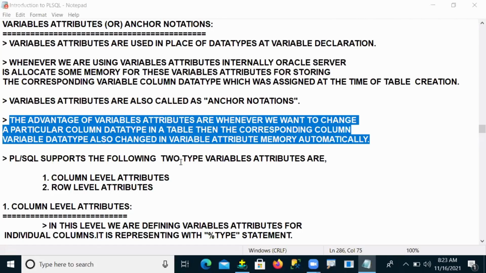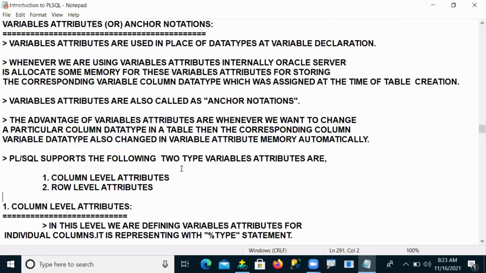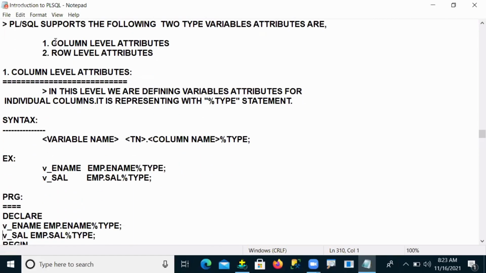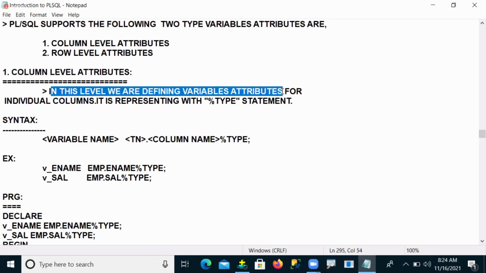And these anchor notations are of two types. One is called column level attributes, and the other is row level attributes. So what are column level attributes, sir? In this level, we are defining variable attributes for individual columns.